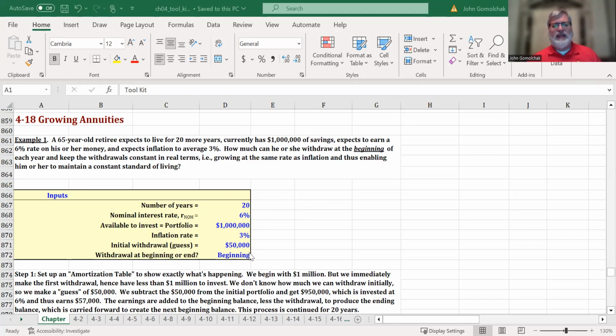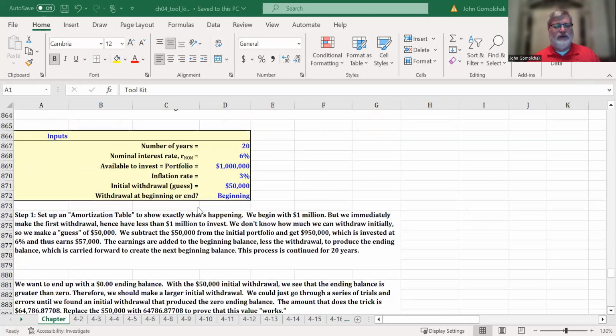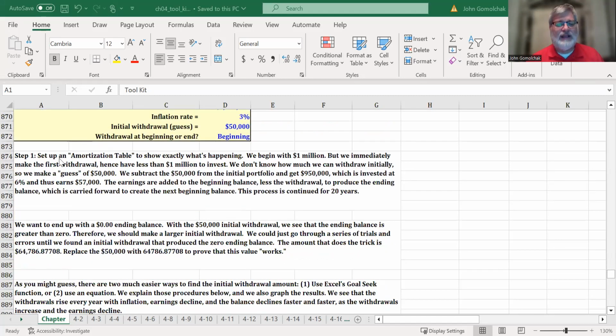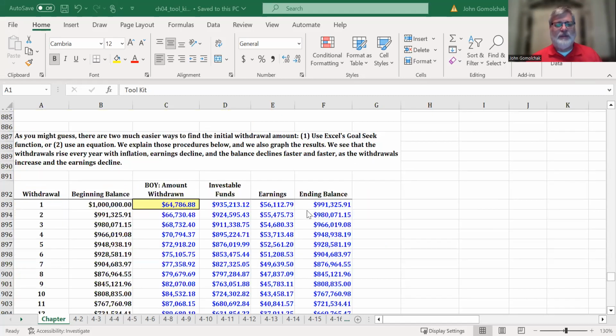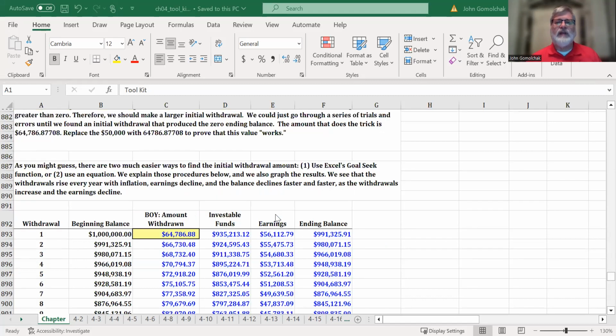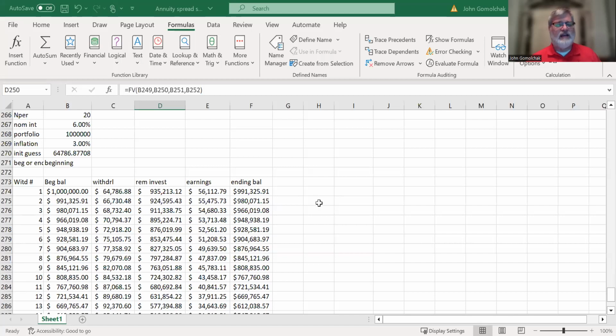Is it going to be at the beginning or at the end of the period? This is going to be at the beginning. So let's set up the amortization table. I'm going to go into, well, let me see if I can go into mine. Yep. All right, it looks exactly like the